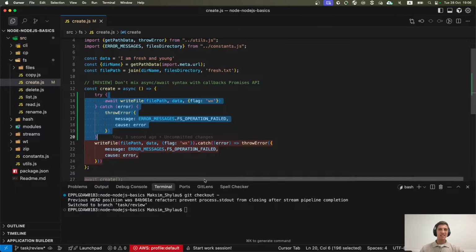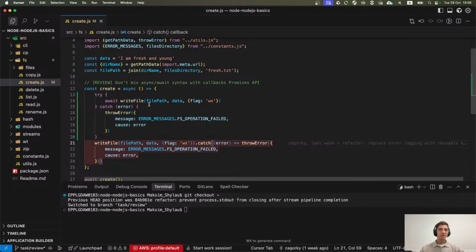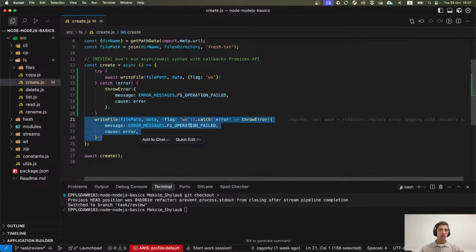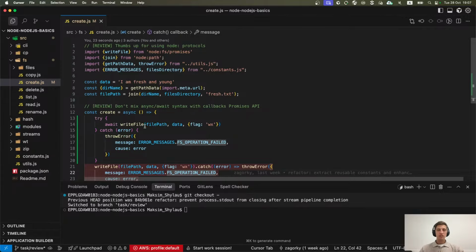Okay, my IDE did it for me. When you await a promise, you get a synchronous error, which can be caught by the catch block here. So this code is more plain, and it's consistent in style, so it's better to use it. Everything else is just fine.